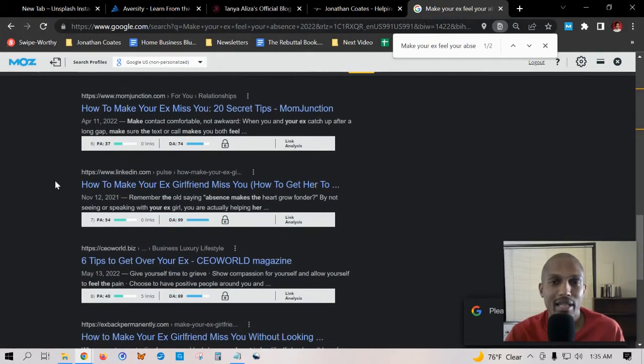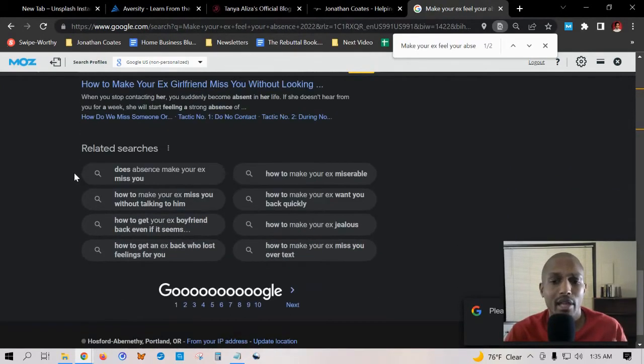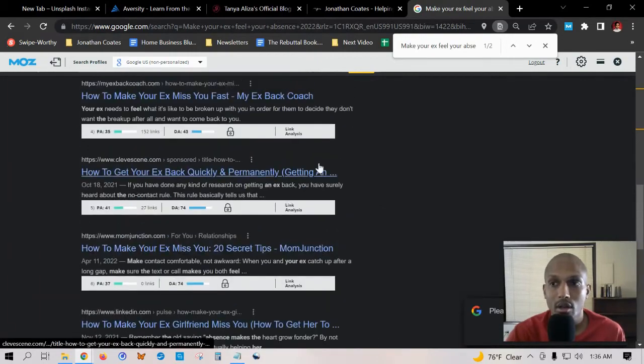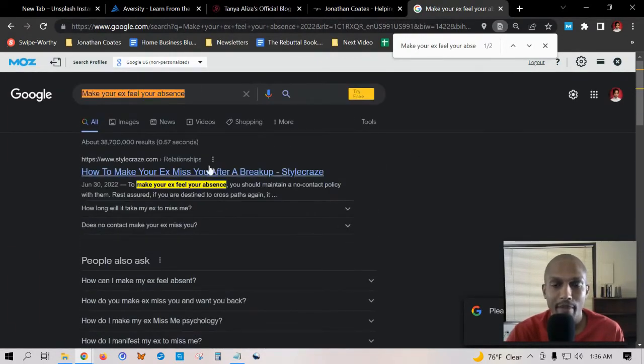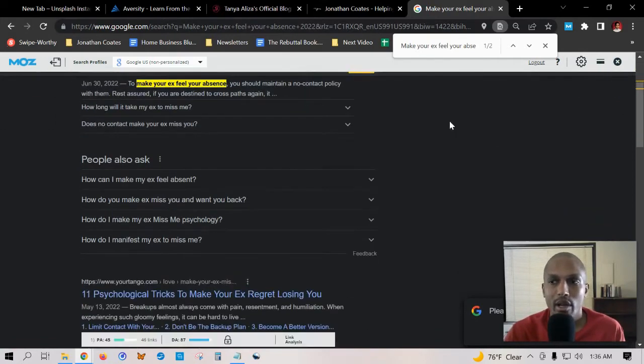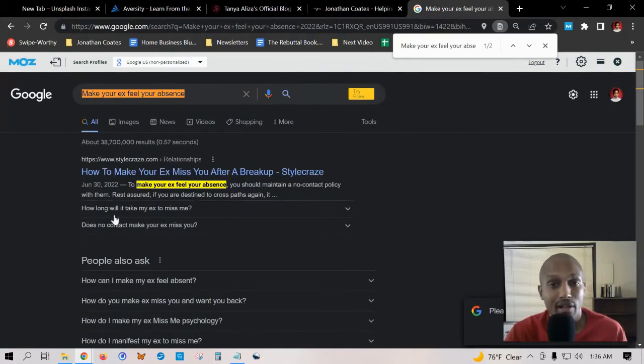Sometimes it takes maybe 5 minutes just to find a good keyword using this 3 criteria strategy. But sometimes it can take up to 20 or 30 minutes to find a really good key phrase for the article you're trying to publish to get on the first page of Google. It really just depends on the market, the niche, and stuff like that. But I got another keyword here: make your ex feel your absence, which is different than our first key phrase, how to get your ex back. This one's a little bit more specific, a little more custom, if you will. And this one, we actually have a very high chance of ranking for.